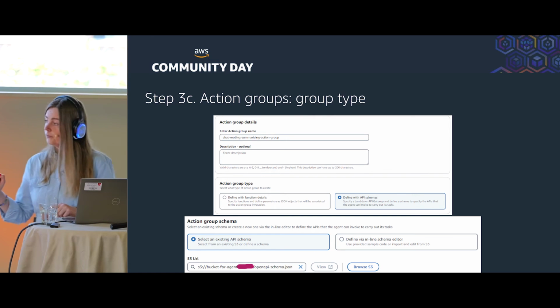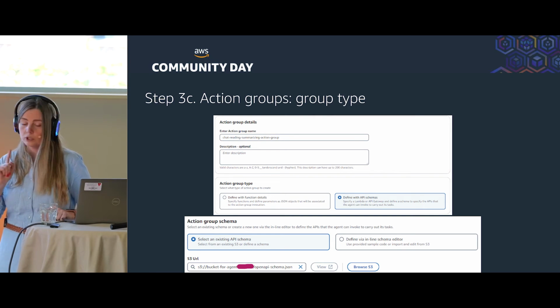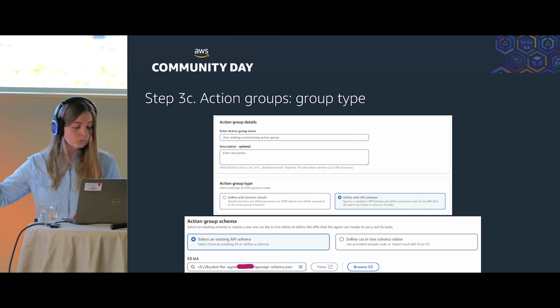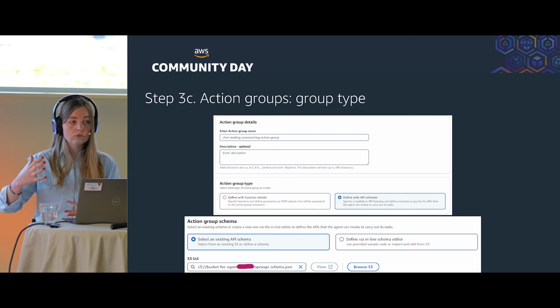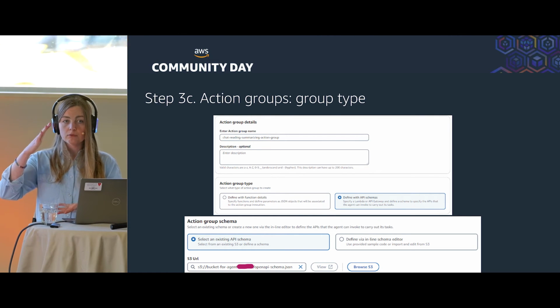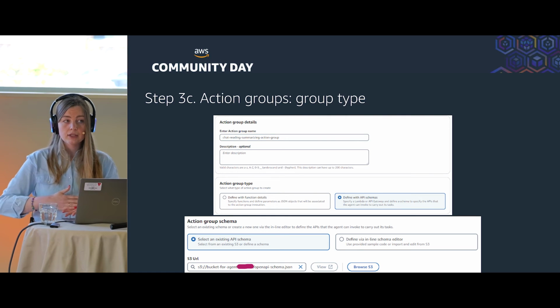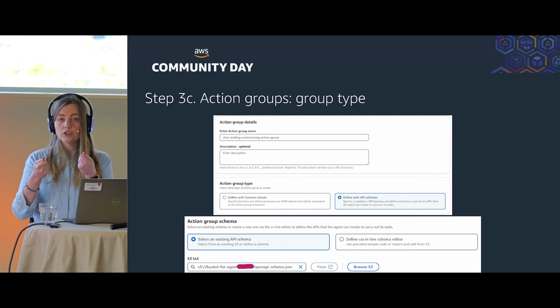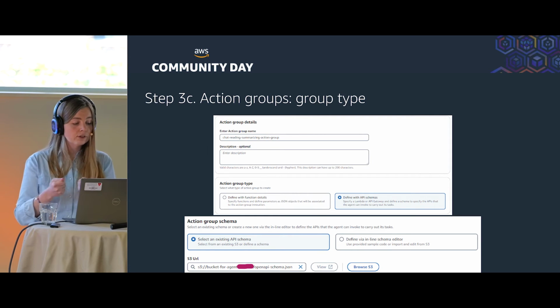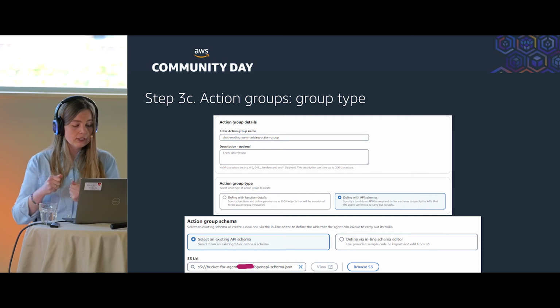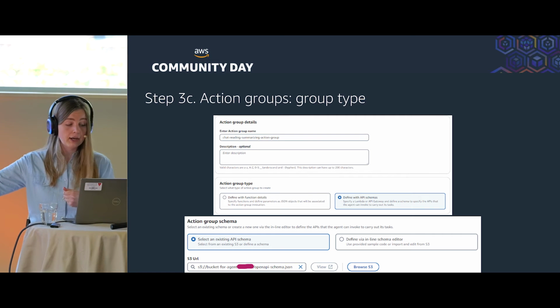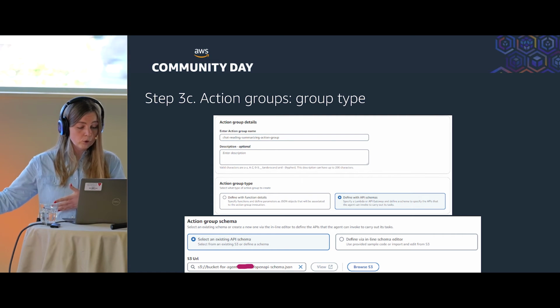Previously, there was only one option available: defining an API schema. This API schema is a JSON document with the description of your APIs. It serves like a list of instructions for an agent, so it can understand what kind of APIs it can trigger. But now you don't even need to provide this file in S3. But if you want to, you can.